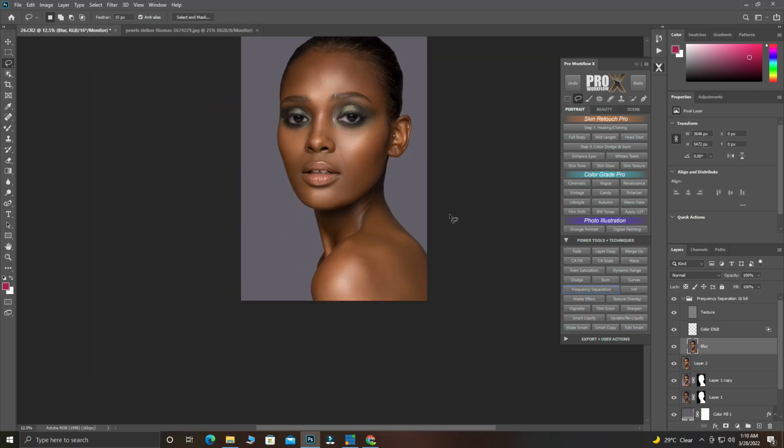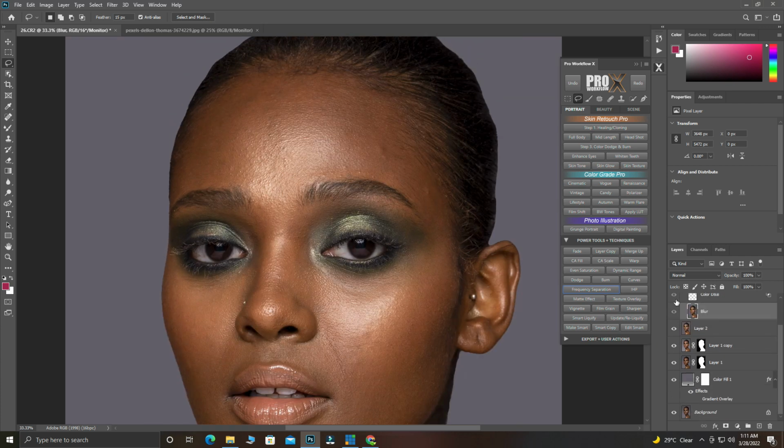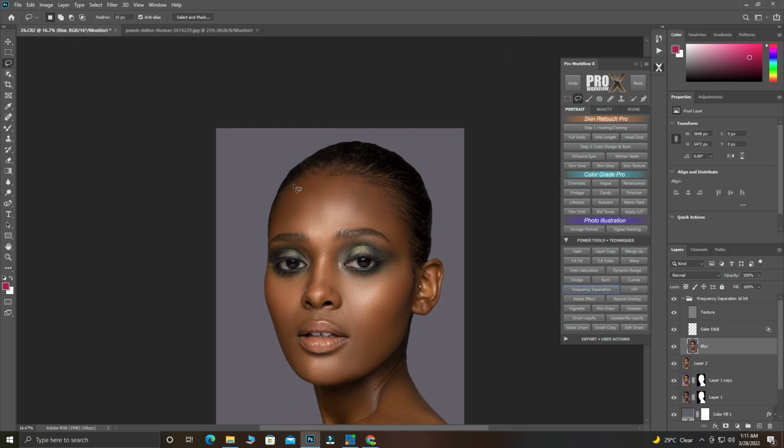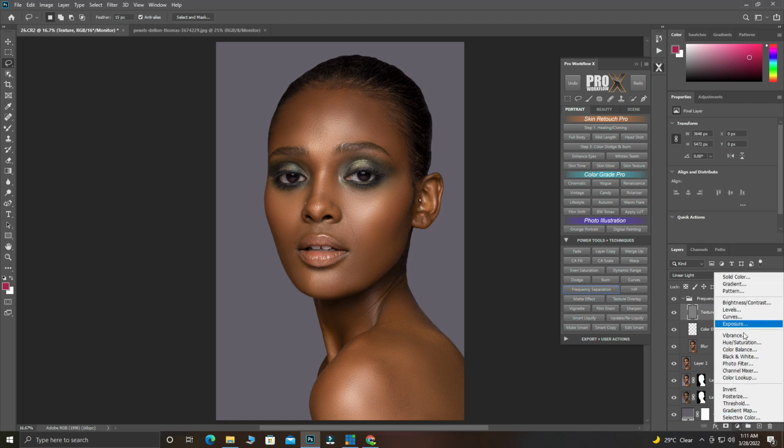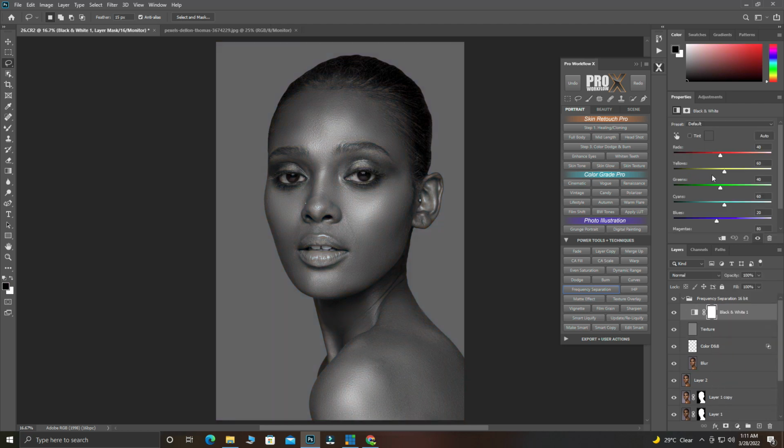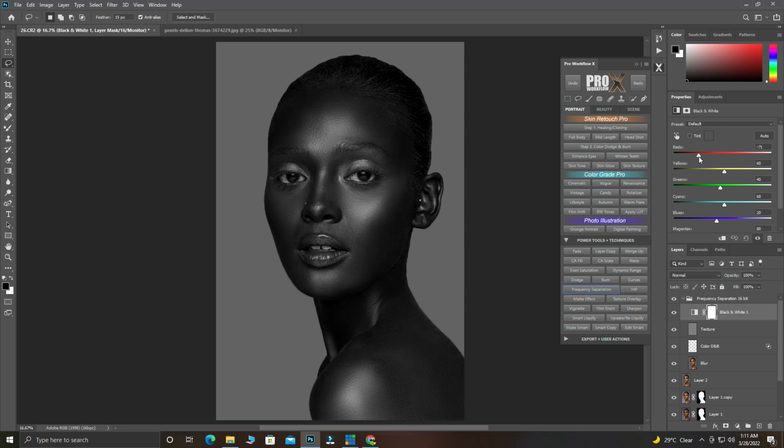So guys, let's see before. Let me zoom in so you can see what you have done. This is the before and the after. Now for you to see if you have really blended the highlight with the shadow, you can start from the beginning, or after you have gotten somewhere, you can bring your black and white as if you are doing the dodge and burn, then you crash your reds, then you come back, you can take off the texture, or the